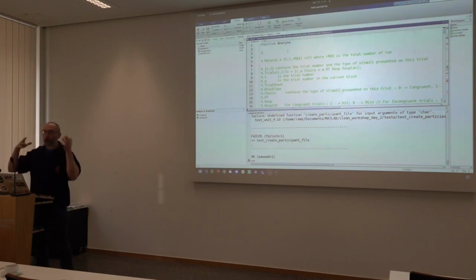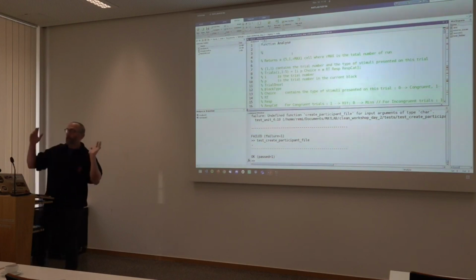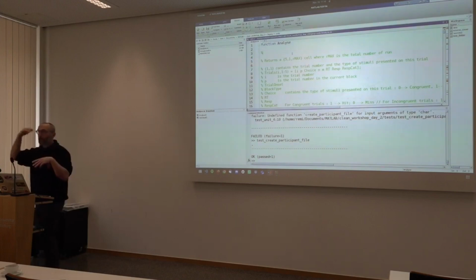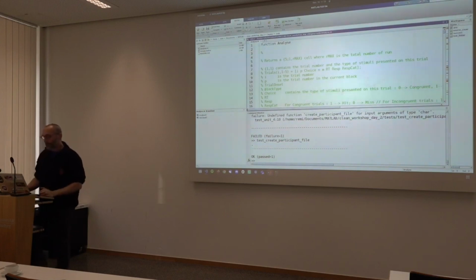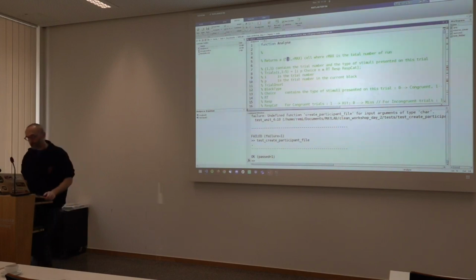I would show people a whole bunch of those movies in the MRI scanner, and this is one of the scripts. This is the analyze function, which takes the output from all the runs from a given participant and compiles all the data into a single giant MATLAB cell, so that you have everything. It computes the reaction times, gives you some statistics about it, and then saves a single file at the end.